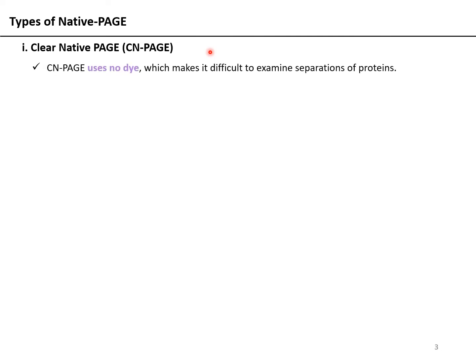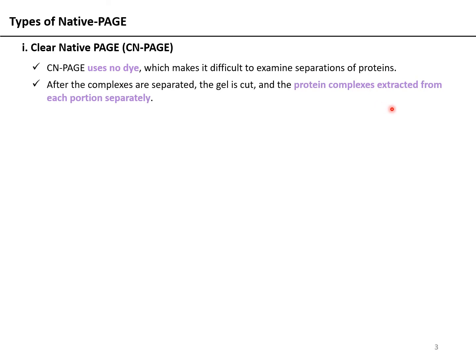So coming to the different types of native PAGE, within native PAGE also there exists some variation. So we have clear native PAGE or CN PAGE. So what is that? CN PAGE uses no dye and hence the name clear, and this therefore makes it difficult to examine the separation of proteins. After the complexes are separated, the gel is cut and the protein complexes can be extracted from each